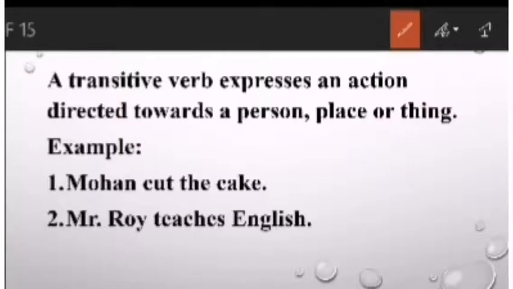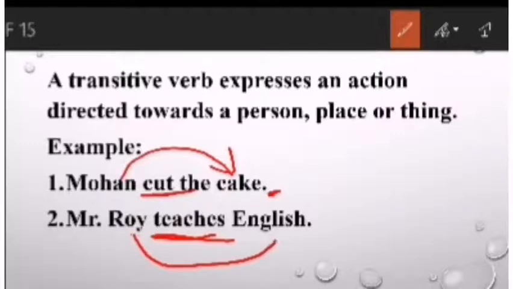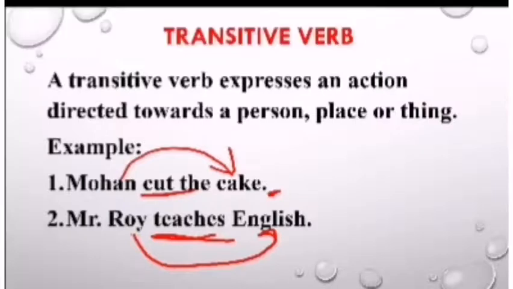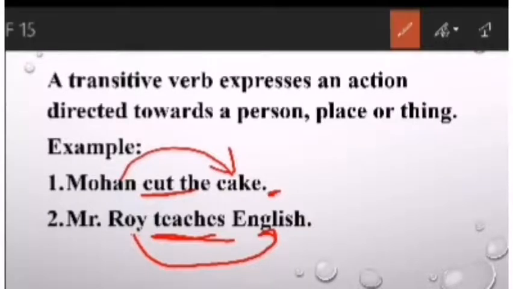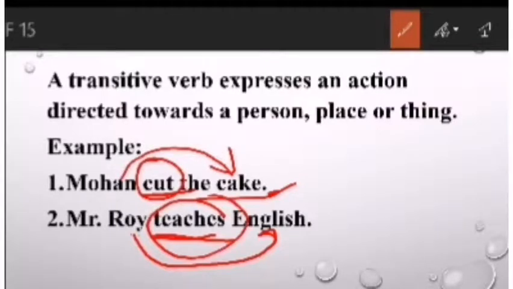Now, here you can see this action is taking place, and here teaches, that is the action. But how can we say this is transitive? Here the action, cutting action transits from subject to object. But here again you can see this is transited to this word which is known as object. Now you can see here that if we don't have the word the cake and English, somehow this verb remains incomplete. Its sense remains incomplete.